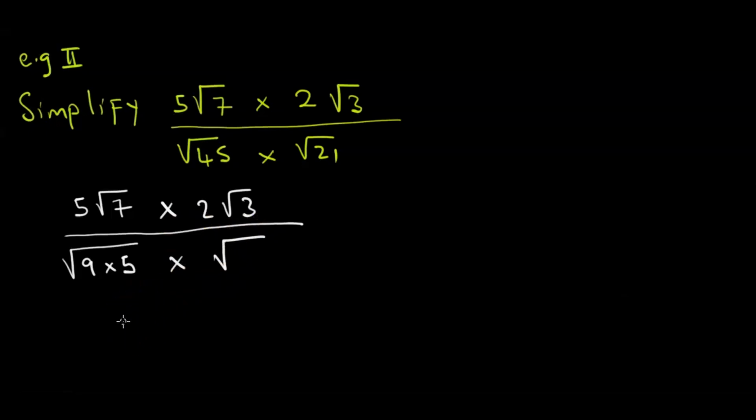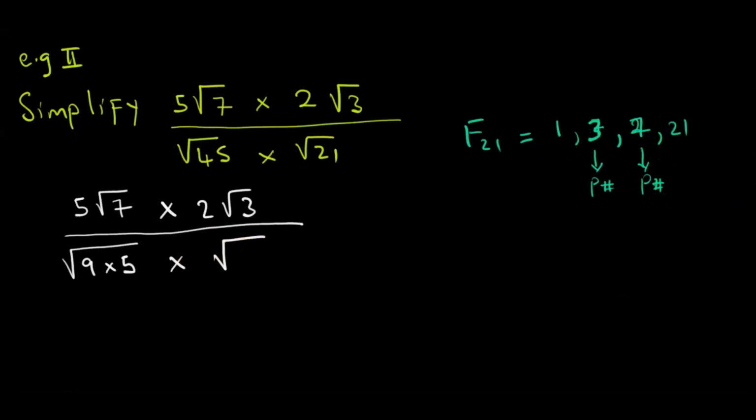Do we have any two numbers which we multiply to give us 21, of which one of them is a perfect square? No. The reason is simply because the factors of 21 are 1, 3, 7, and 21. We see that 1, 3 is a prime number, 7 a prime number.